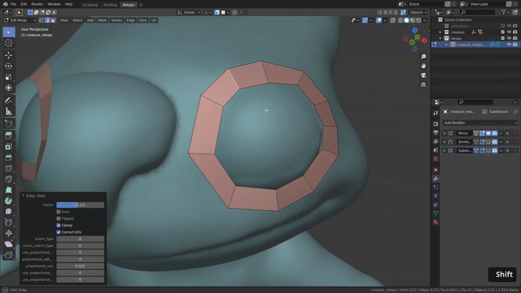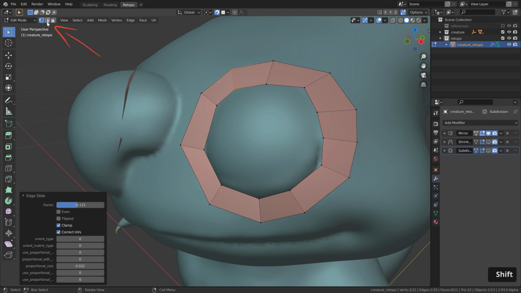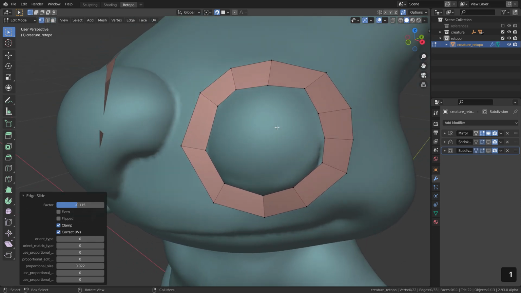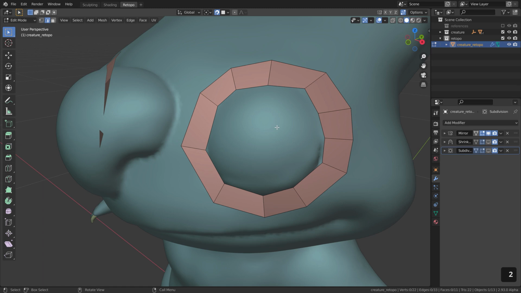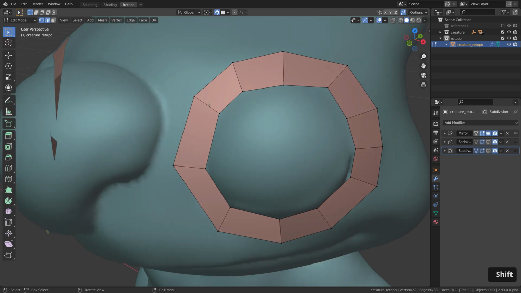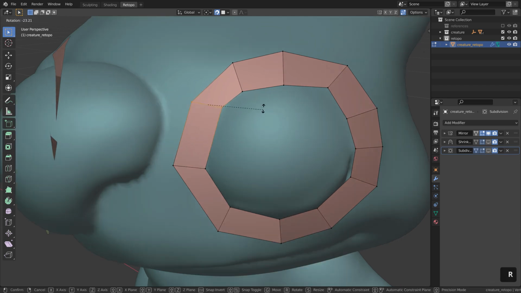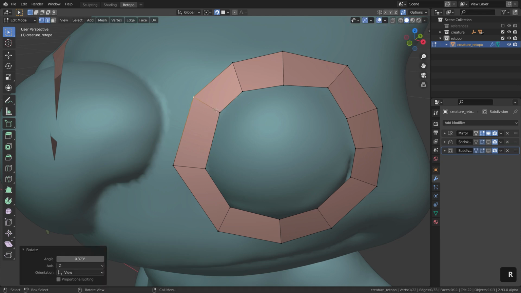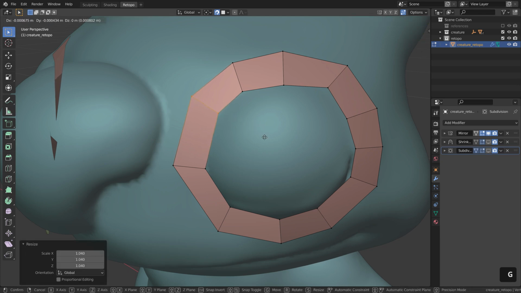By the way, sometimes you need to change between vertex, edge or face selection, and this you can simply do by pressing 1 for vertex, 2 for edge and 3 for face selection. Not the numbers on the numpad, but the numbers above the letters on your keyboard. And if you hold down Shift, you can even enable multiple at the same time, or simply hold down Shift and click on the options you want to have enabled here, so you can select the edges and the vertices at the same time, which can be useful sometimes, but in some cases this can be a bit hard to